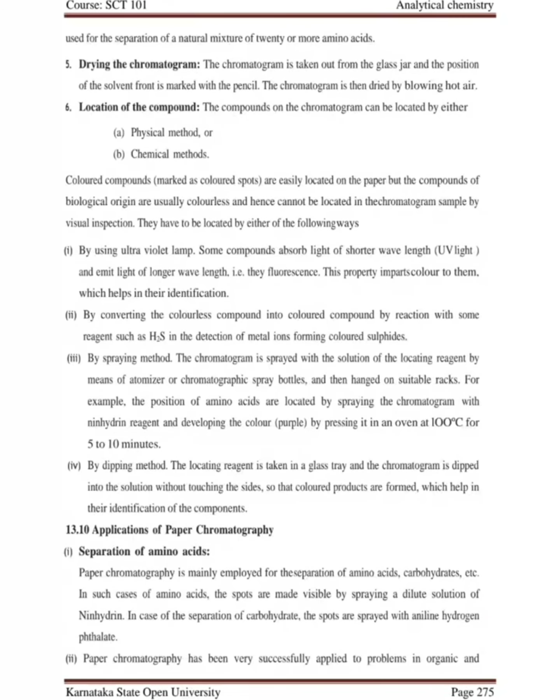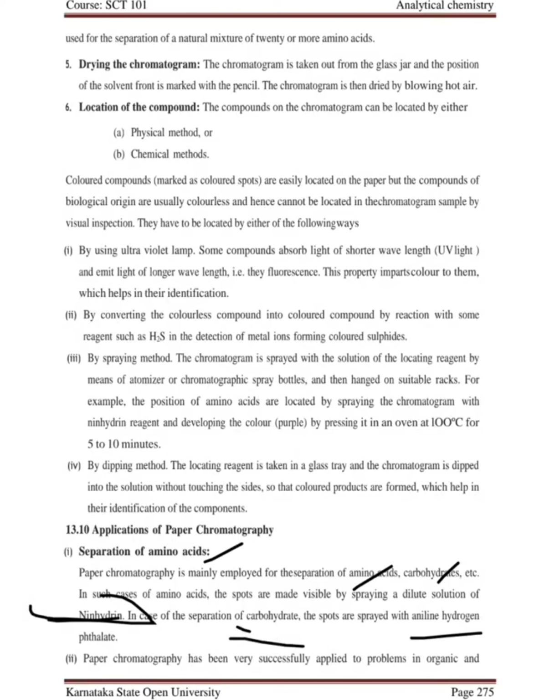For the application of paper chromatography, it is used for the separation of amino acids, carbohydrates, etc. And if the spots are not visually seen, we can use ninhydrin, in which the paper is dipped, so that the spots are formed in color, so that we can identify such as carbohydrates,